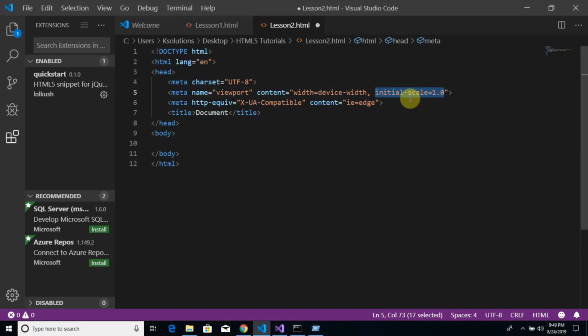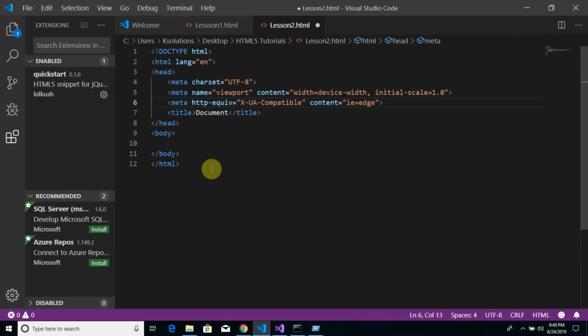So pretty much every single page that you're writing, you want it to be responsive, because these days it's mobile first. A lot of people use mobiles, and most people will be using mobile to access your web pages. All right, so the next thing that we have is the